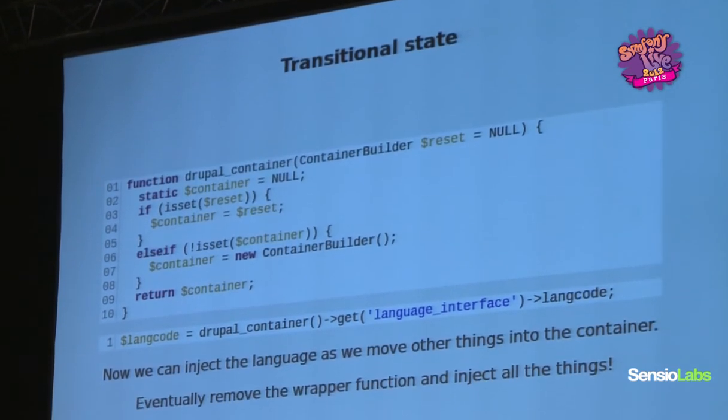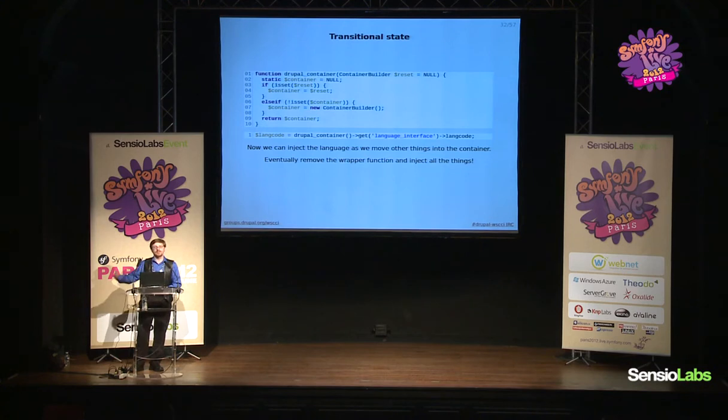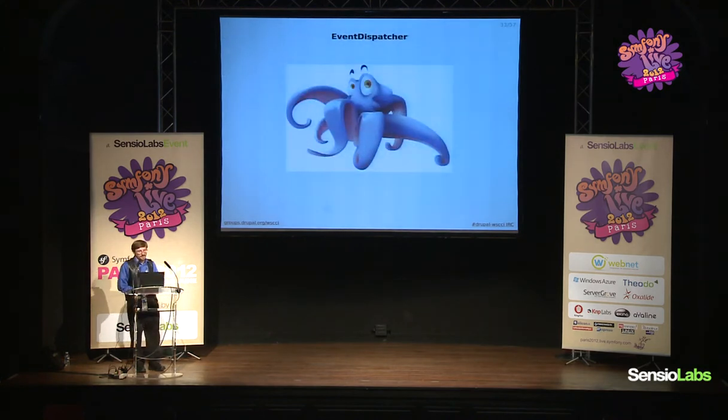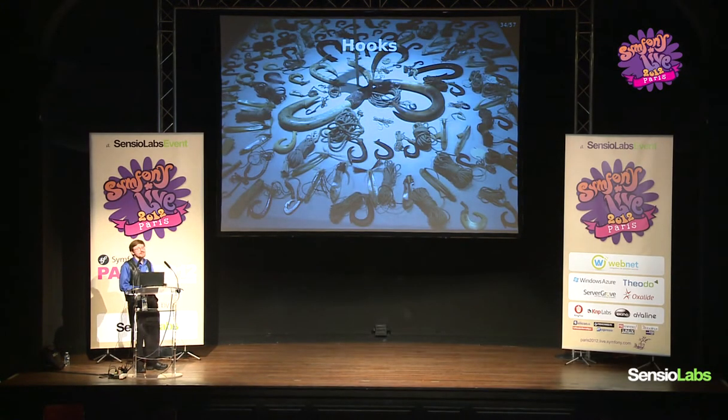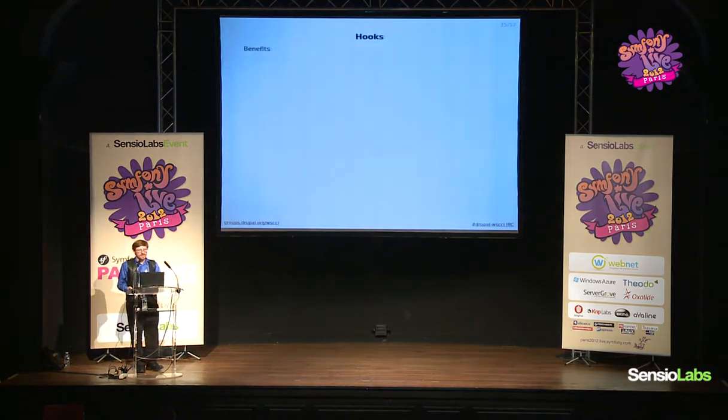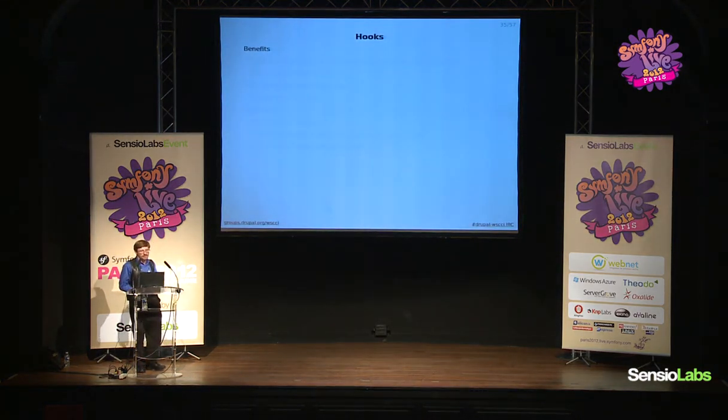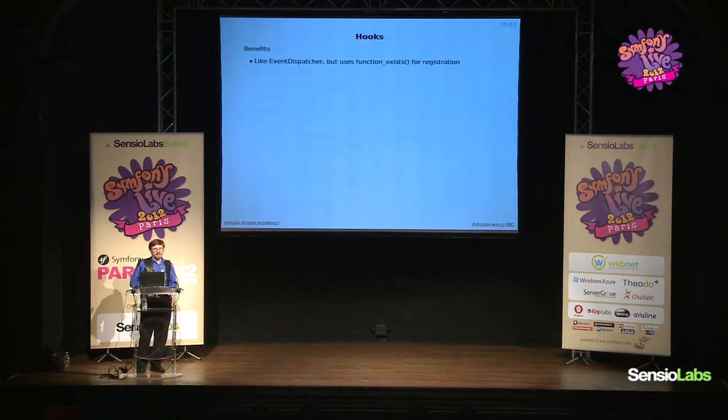And I do view this as temporary while we transition everything over to a full-on dependency injection model. Event dispatcher. Drupal has an event system. It's called hooks. Those of you who've worked with Drupal before are all familiar with hooks, right? Hooks are very similar to event dispatcher, but instead of having separate objects, they just use function exists for